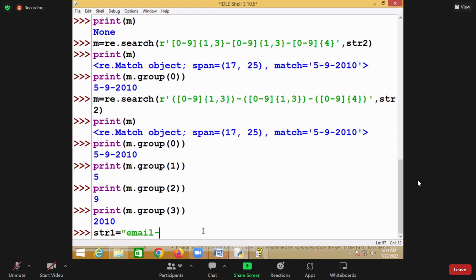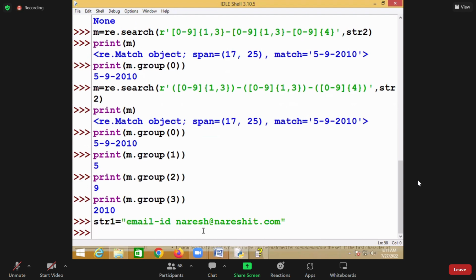Email ID, naresh@nareshit.com. I want to extract the email ID from this particular string. So how can I extract the email ID from the string? Then I'm using a match object. So there is a match here, m equal to